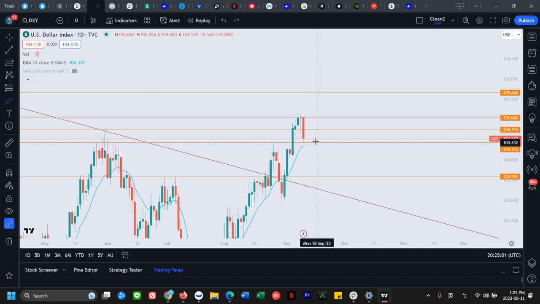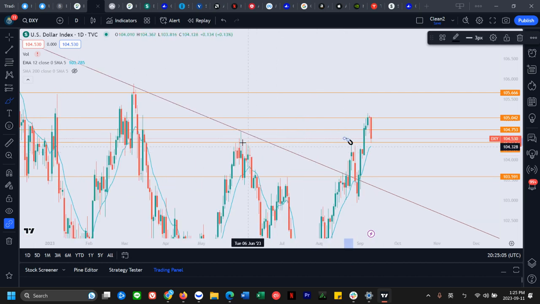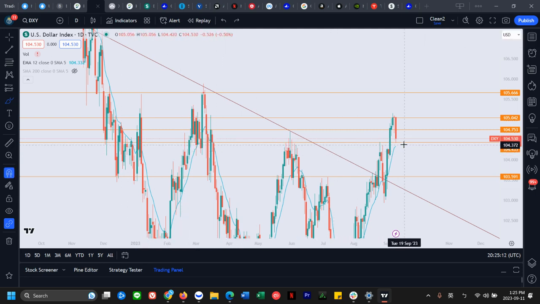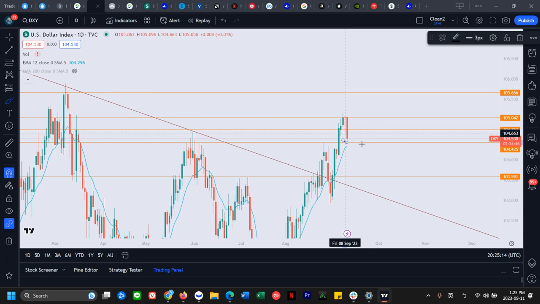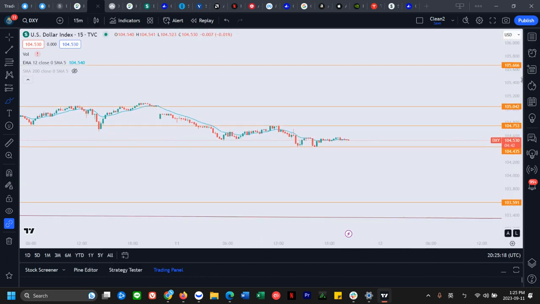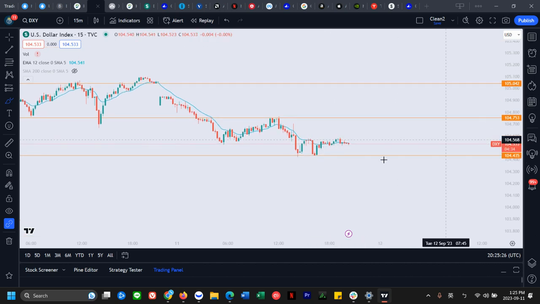Also, this 104 was strong key resistance before. See, rejection. 7 rejections here. A bunch of times traded around here. Rejection here as well. So when we first come down to it, it's very clear that we're going to bounce at least a little bit. So that's pretty much what happens. You can see bulls play defense, bulls play defense. No offense yet, but we got some defense going on here.